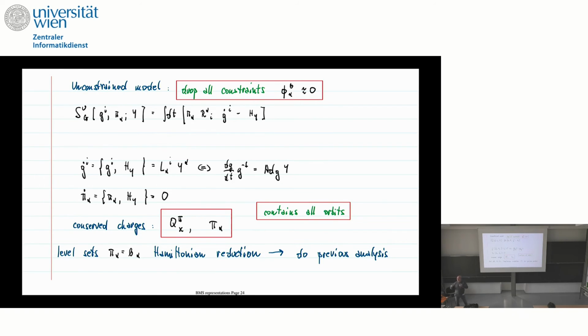So what the mathematician would do is start from this model here and study Hamiltonian reduction on the level sets of this kind of surface. So that's another way to do the same physics. But I would say in the mathematics literature, people are usually doing this with Hamiltonian reduction, but you also can do it the other way, with Dirac analysis, in the end, of course.